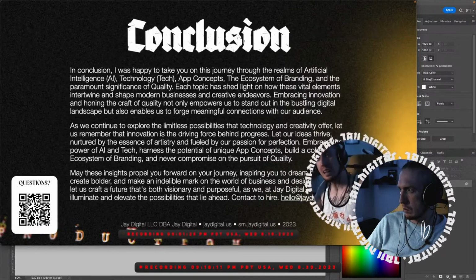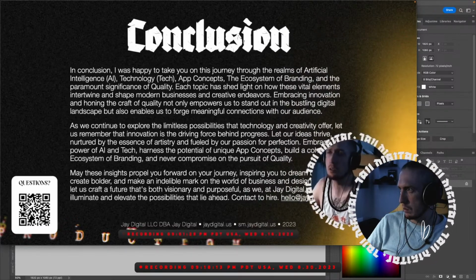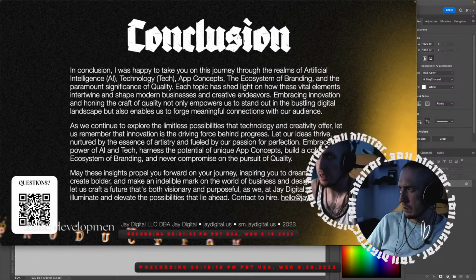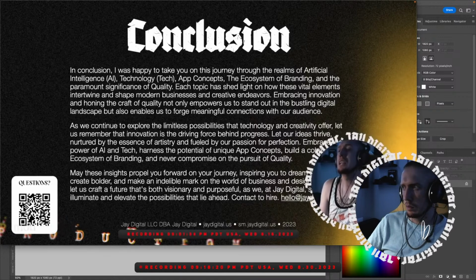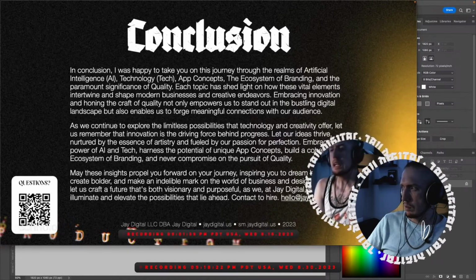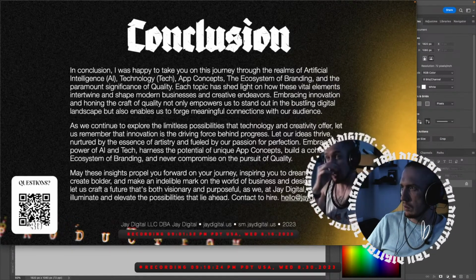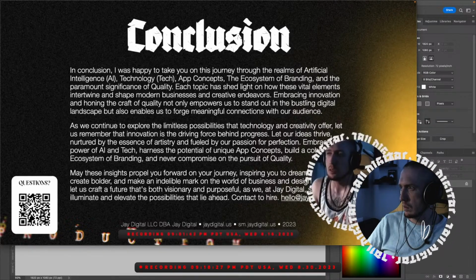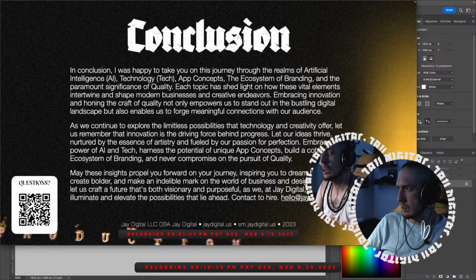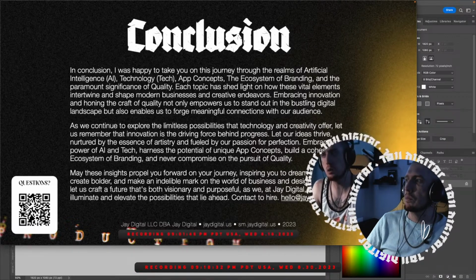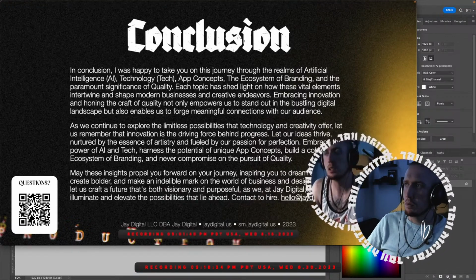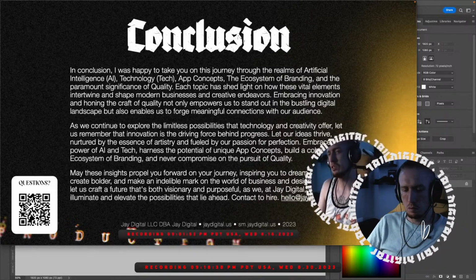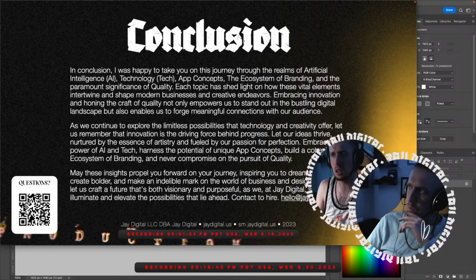Conclusion. I was happy to take you on this journey through the realms of artificial intelligence, technology, app concept, the ecosystem, our branding, the paramount significance of quality and leadership. Each topic has shed light on how these vital elements intertwine and shape modern business and creative endeavors. Embracing innovation and honing the craft of quality not only empowers us to stand out in the bustling digital landscape, but also enables us to forge meaningful connections with our audience.